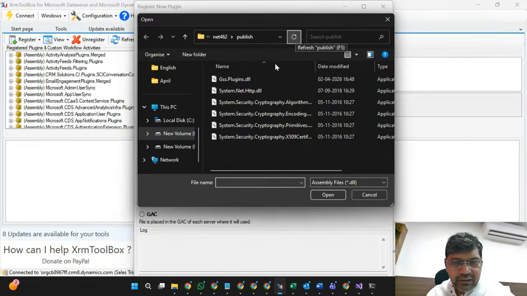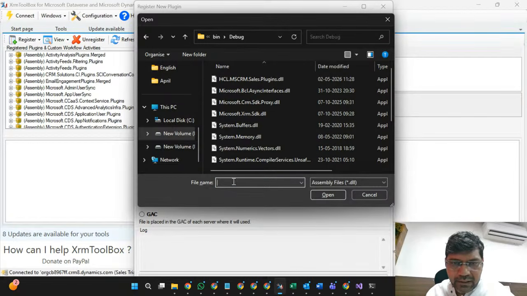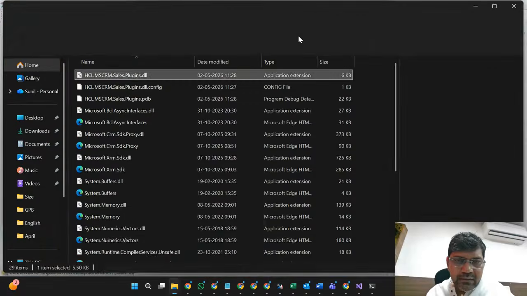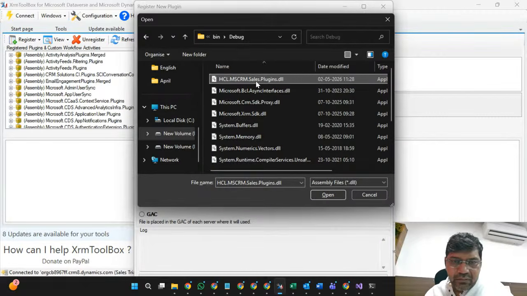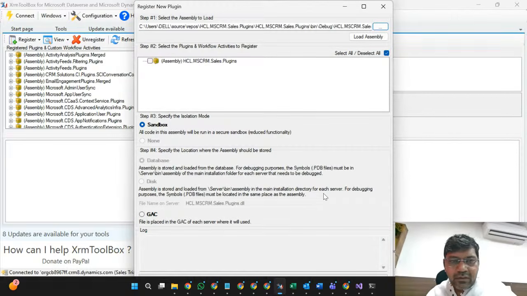So we already copied that path, the path where we have seen this file, and I have now selected that plugin namespace DLL, because we have created our code in DLL format. Open it. So we selected. So here I can see all the selected libraries. Here I have seen this particular library, right?